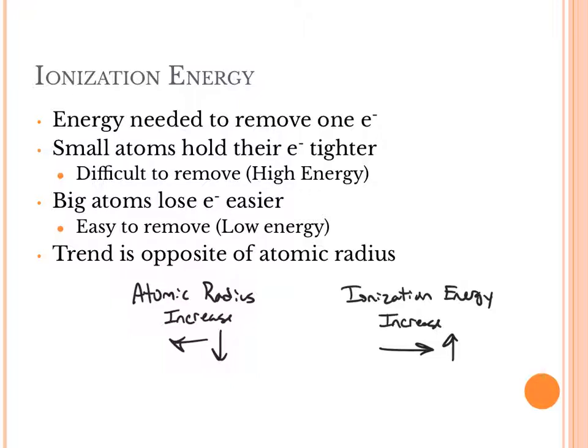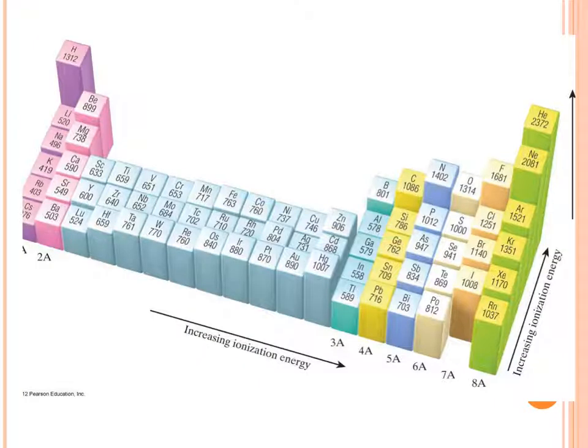Ionization energy, the ease at which an element loses its electrons. The bigger the element, the easier it is to lose, essentially the lower the energy. The smaller the element, the more difficult it is to dislodge the electron, and thus the higher the energy. Ionization energy is a quantitative value, and these numbers represent the ionization energies of elements,